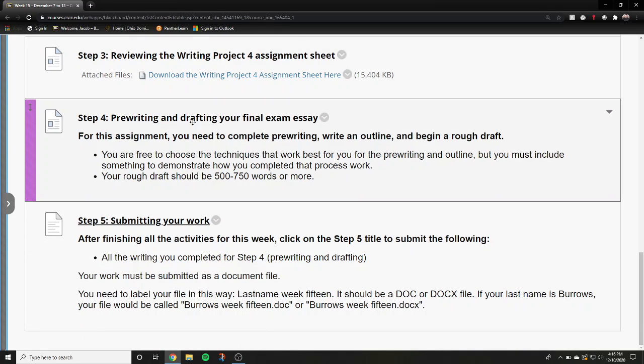For step 4, you're going to do some pre-writing and drafting. For this, you have a lot of freedom and flexibility. You're free to choose the techniques that work best for you for your pre-writing and outline, but you must include something to demonstrate how you completed that process work. So in essence, you can turn in whatever you want. I just need to see that you have thought about this essay and how you're going to be organizing things. You also need to turn in a rough draft, and this rough draft needs to